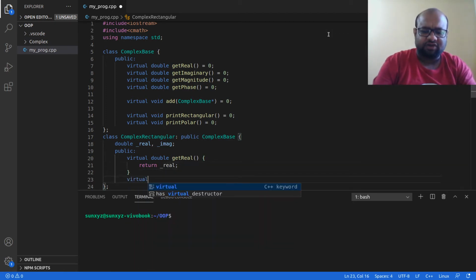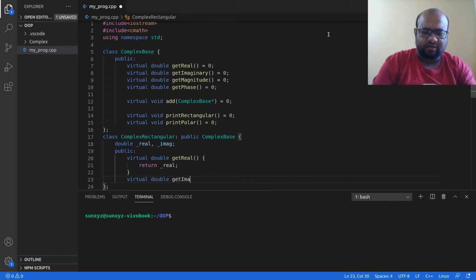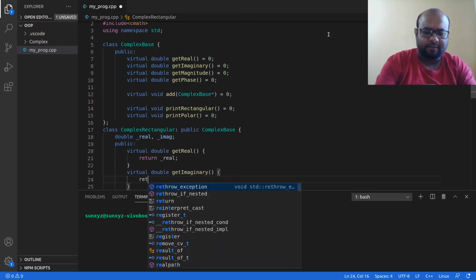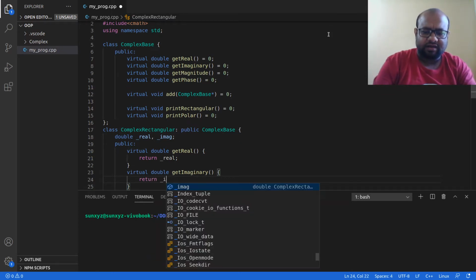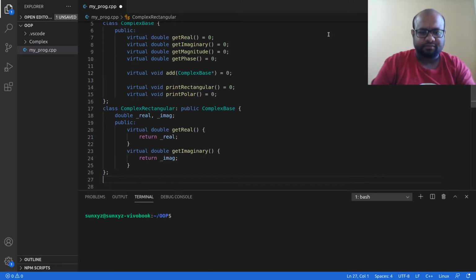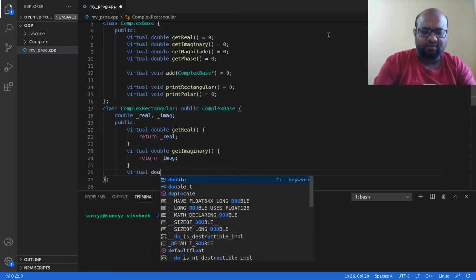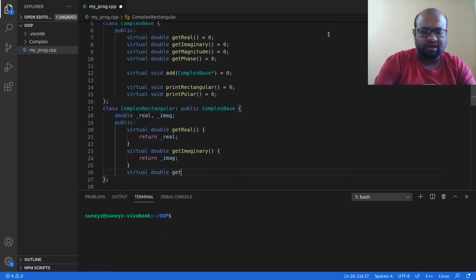Then I have virtual double get imaginary. This will return the imaginary part of the complex number. Then I have virtual double get magnitude.